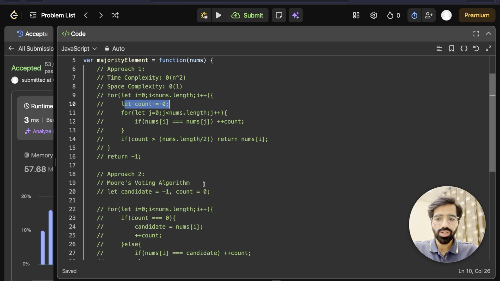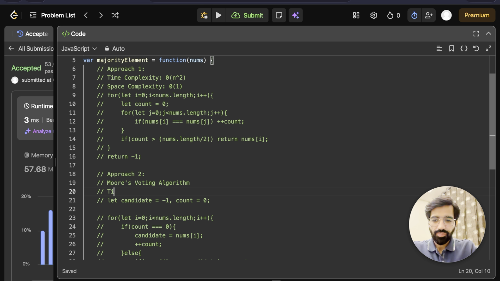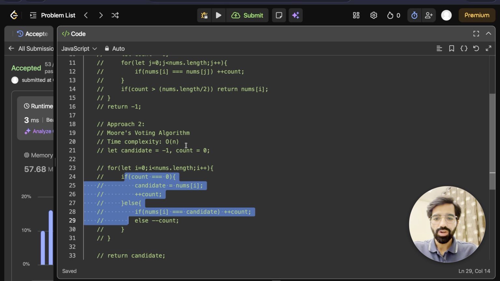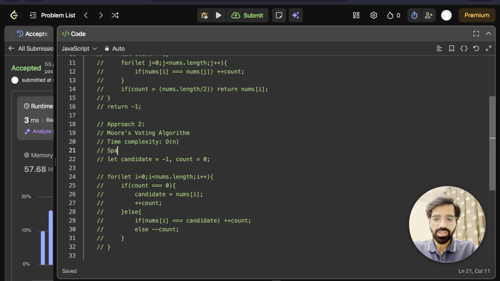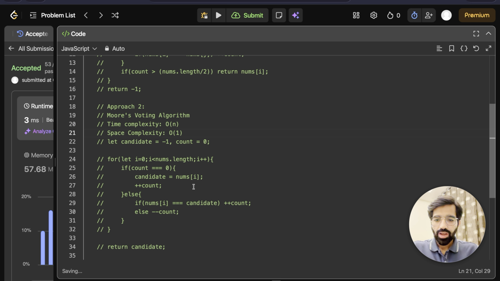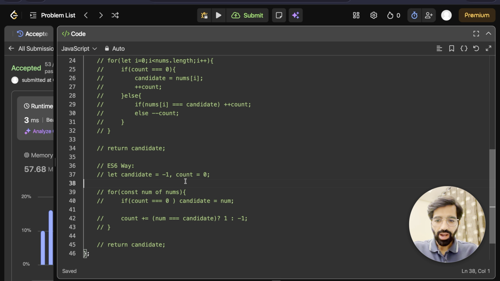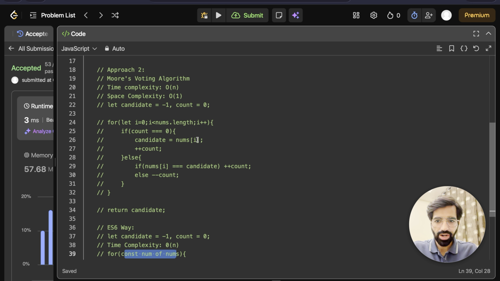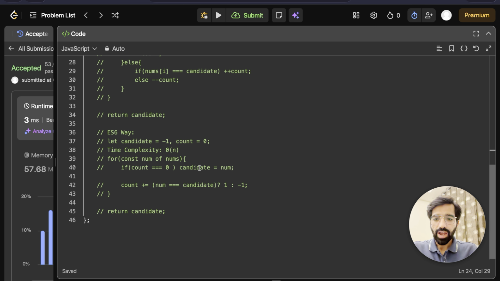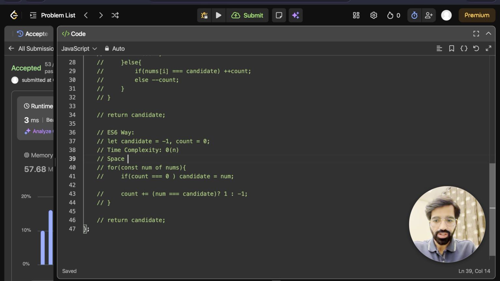Okay, in the next, Moore's voting algorithm, the time complexity, yes, it will be order of n, because we are just traversing only once. And what about the space complexity? It will be order of 1, right? Okay, and in the last one, the ES6 way, I think it is similar to what we have above. Time complexity over here is order of n only. This is the same thing that we are doing over here, just a syntax difference. And the space one, again, it's the same,